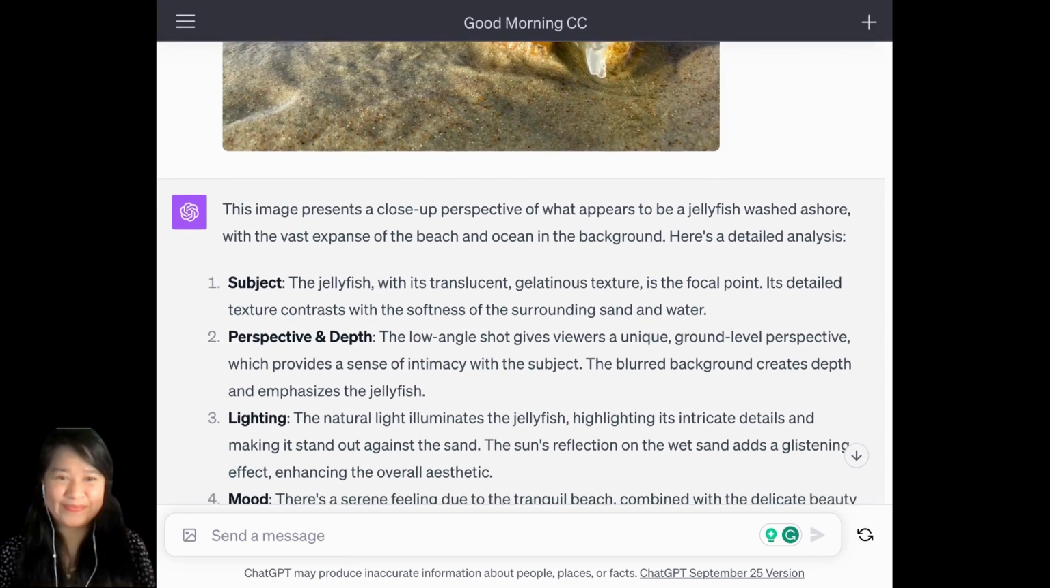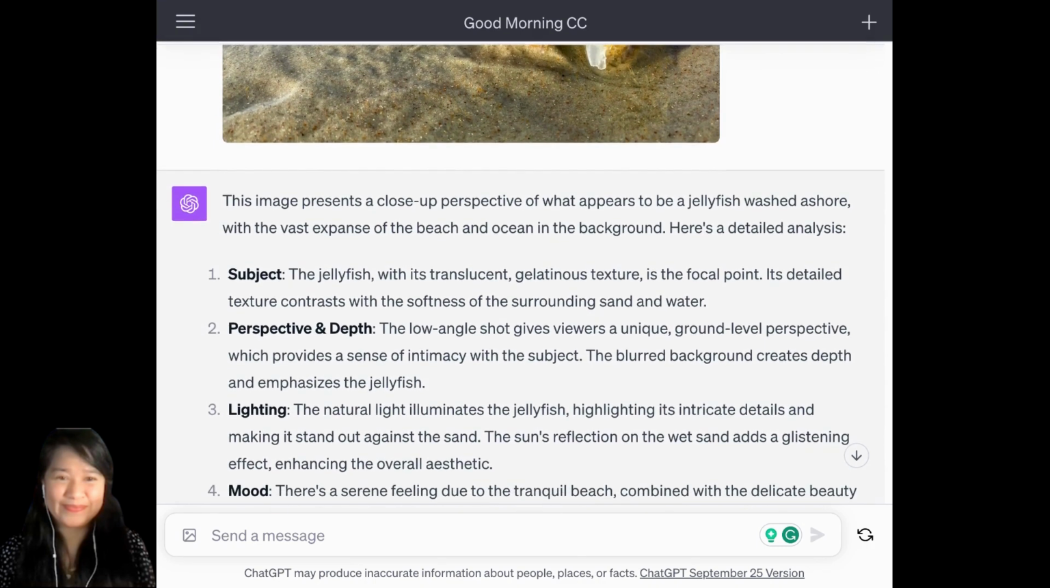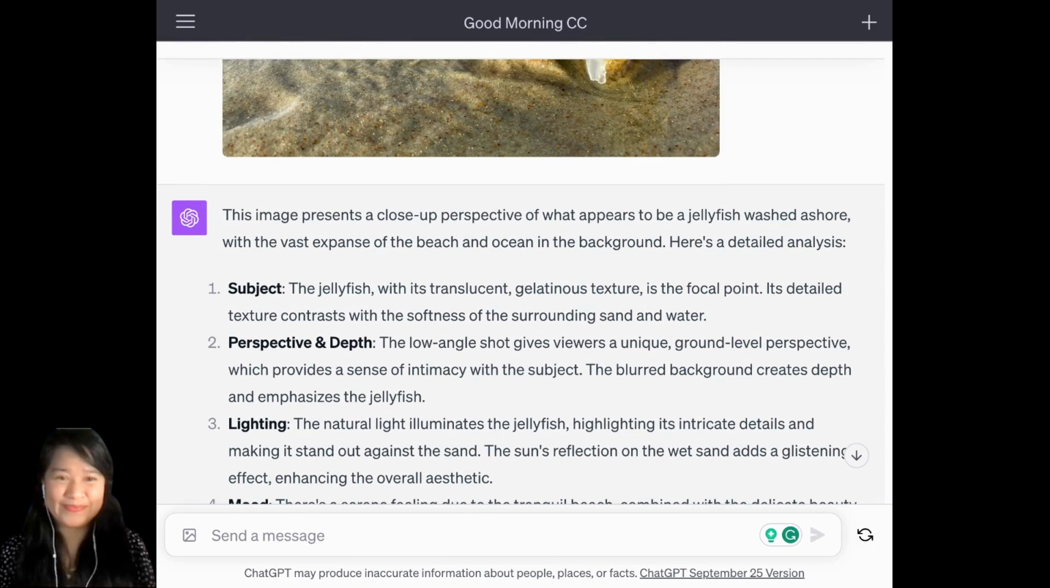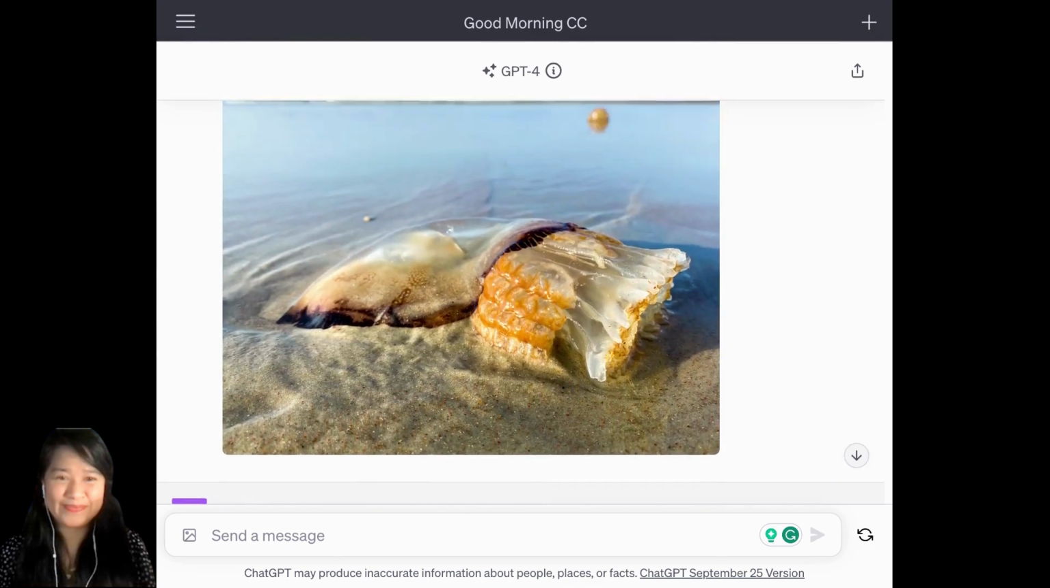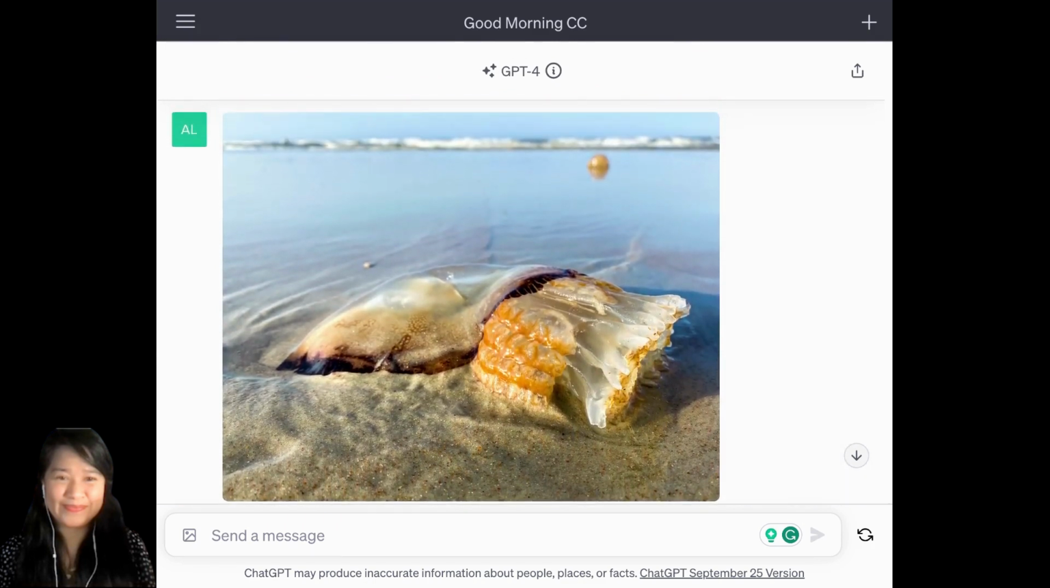All right, let's continue. So this image, according to Sissy or ChatGPT, presents a close-up perspective of what appears to be a jellyfish washed ashore, with a vast expanse of the beach and ocean in the background. Here's a detailed analysis. Let's just look at this image one more time before we look at the detailed elements. Right, this is the jellyfish, and it's very sharp. All the sand down here is very sharp. The subject is in very sharp focus, but the background is not in focus, which looks like a